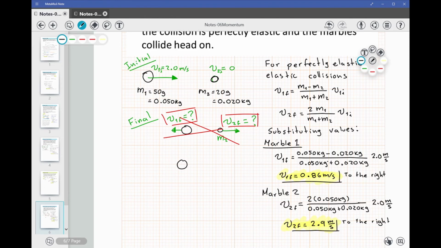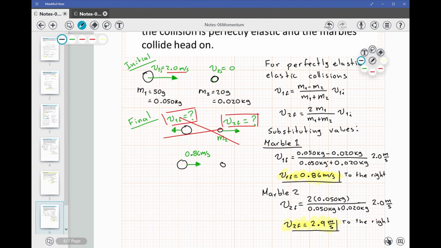It went from 2 meters per second at the initial time, and now it's moving with 0.86 meters per second to the right,